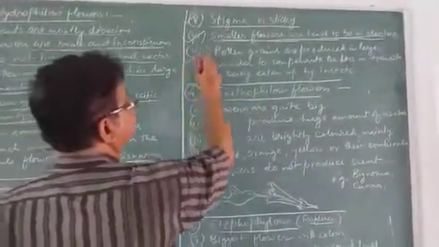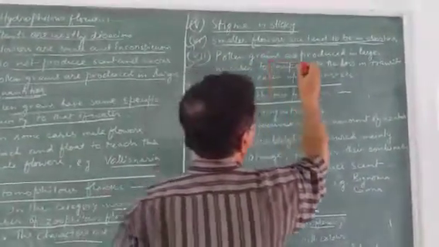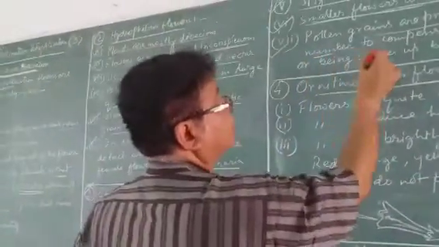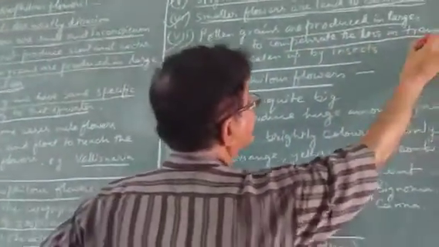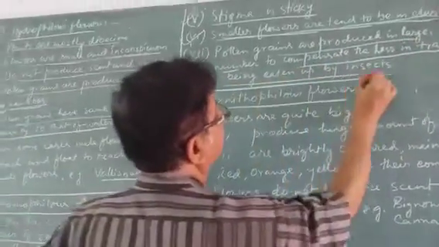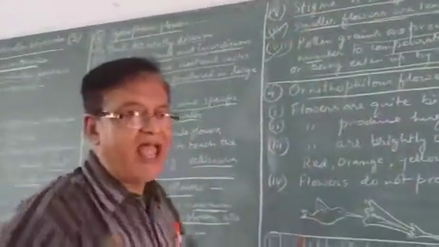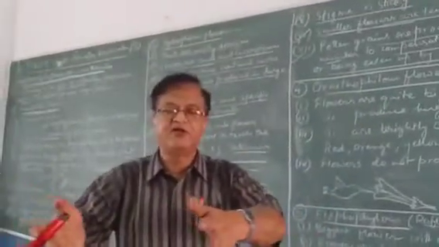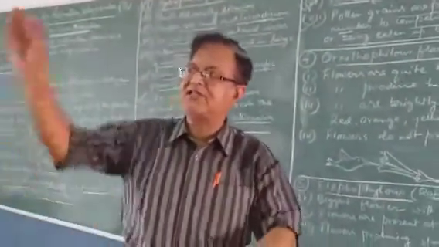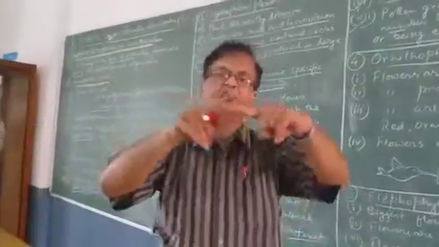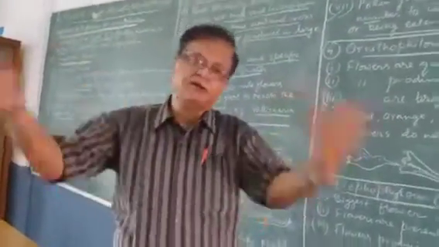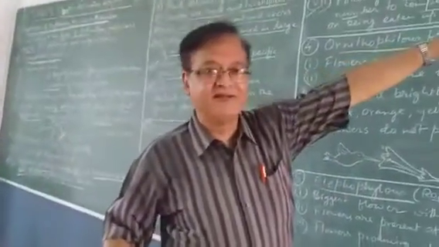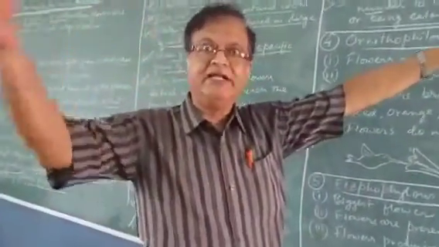Number 7 says pollen grains are produced in large number, quite a reasonably large number, to compensate the loss in transit and being eaten up by the insects. It may happen that the pollen grains carried by insects do not directly go to another flower. They sit on a floor, they sit on a wire, and they rub their body, and the pollen is dropped. It may always happen. So there is loss in transit, during transporting time.